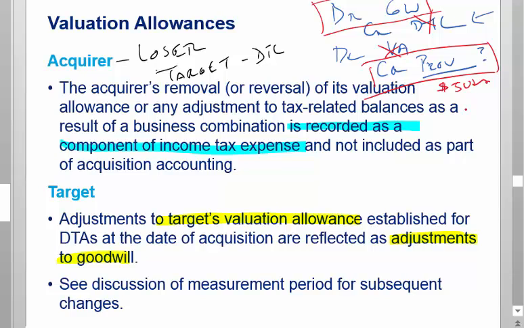Okay, so if you're thinking, hey, this is really weird, is this going to be on the exam? The answer is, it is weird and it's not on the exam. But this happens. We were giving you a hard time for being a full valuation allowance company. If you're a full valuation allowance company and you're half asleep, and then you buy a target and you're like, how can anything matter? No one's going to have deferred, no one's going to pay tax, there's nothing to do here. This would catch you by surprise and you would blow it. And usually it's not a small blow. It's a big blow.